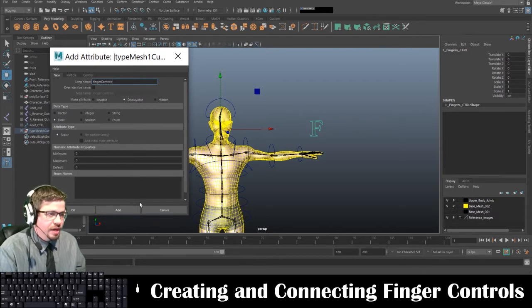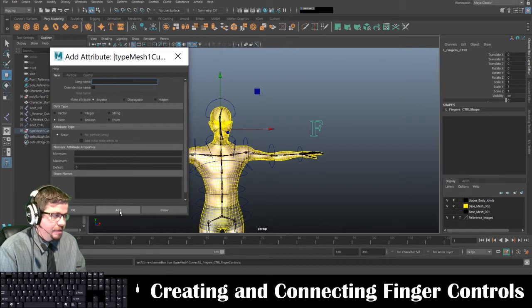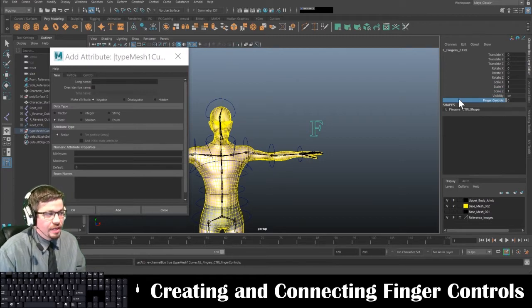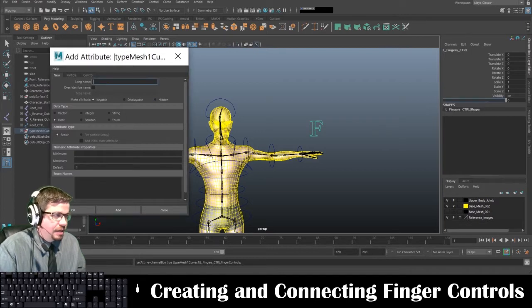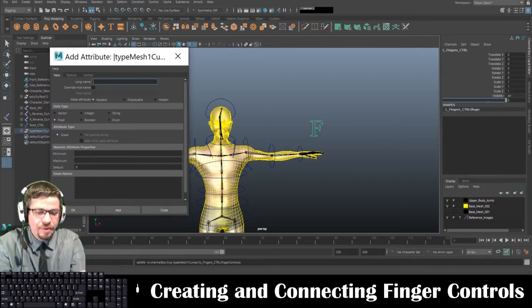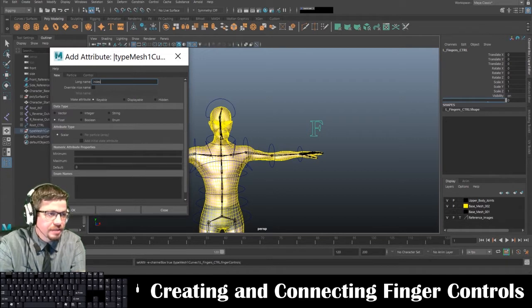And then I'm going to just go ahead and keep it all as is, and on this one, displayable, minimum, maximum, 0, 0, and then I'm going to click add. There it is. So now I've got my finger controls right there, and it doesn't do anything, it's just a label. It's just a display name. So everything underneath this is going to be the finger controls. Alright, so the next thing I'm going to do is start with index,